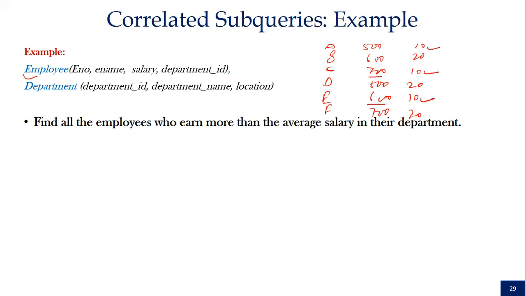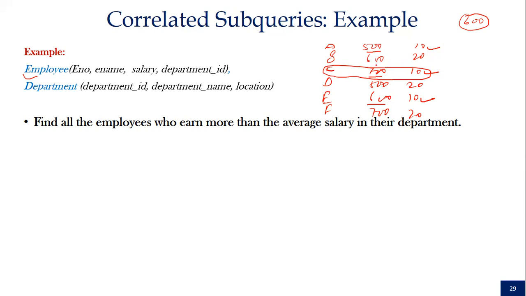If you compute the average of them, 500, 600 and 700 total 1800, and 1800 divided by 3 is 600. So the employee whose salary is greater than 600, employee C of department 10, will be selected.